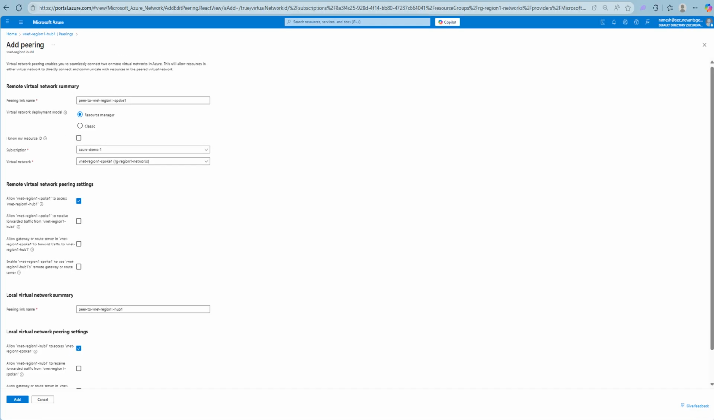Here I am on the Add Peering screen for my hub VNet-region 1-hub1. I am setting up the connection to the spoke VNet we created earlier. At the top, under Remote Virtual Network Summary, I've given the peering link a name. I called it Peer to VNet Region 1-spoke 1 to make it clear this is the link from hub to spoke. I'm using the Resource Manager deployment model, which is the standard for ARM-based VNets. Then I selected the subscription and the spoke VNet,